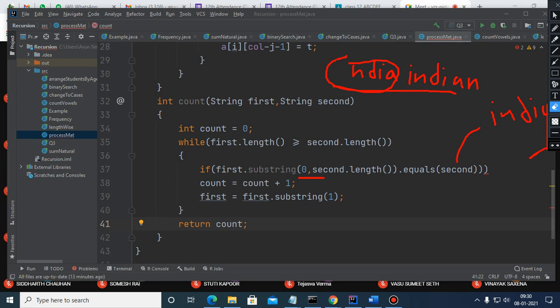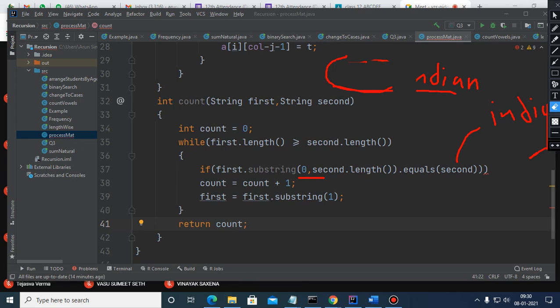alphabet. Okay, now again next 5 alphabets, and this time this space will also get included because the string has been reduced, but no matching will occur. Reduce this. Again 5 alphabets, nothing will get matched. Keep on extracting. Now keep from here also, nothing will get matched. Now this time, if you want to extract the first 5 alphabets, definitely another match will occur. Count becomes 2. Remove this.